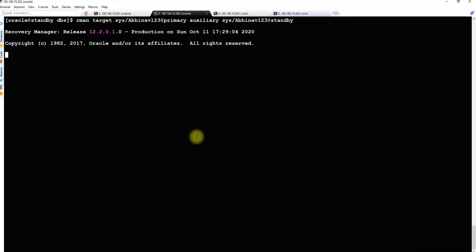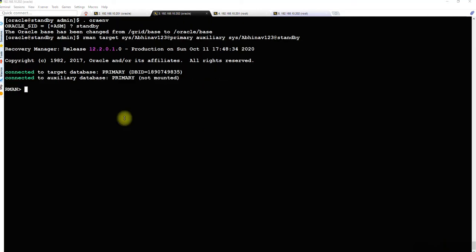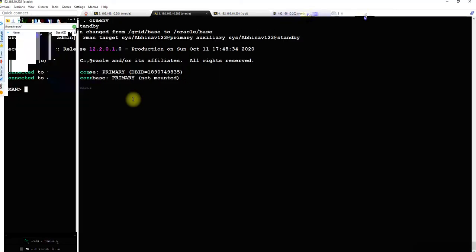Now there is an error which is thrown. What can be the reason? Just a second. So now it's corrected, okay. The issue was, I'll connect to another session rather than disconnecting this.